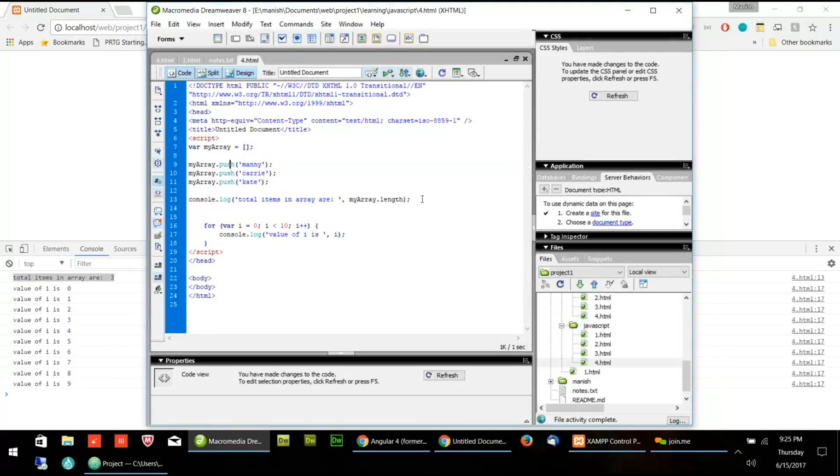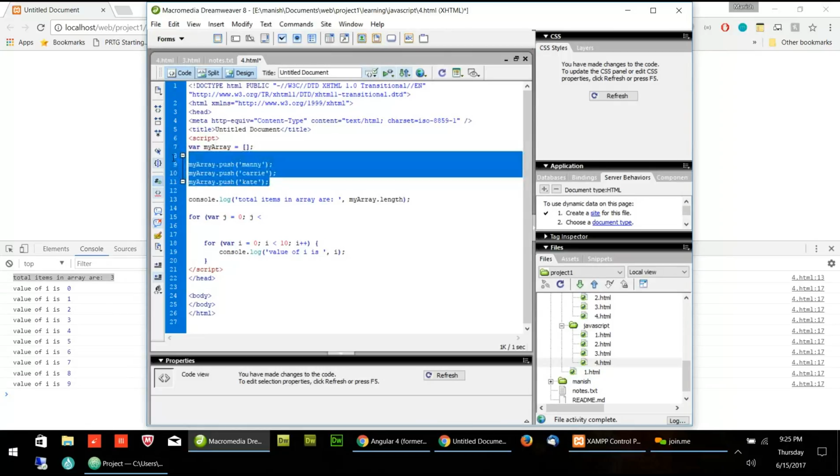So now if I run some loop, I will say for, since I created i here, I will create here j. I will start with j equal to 0. j is less than, I want to go 3 times, not more than 3 times.